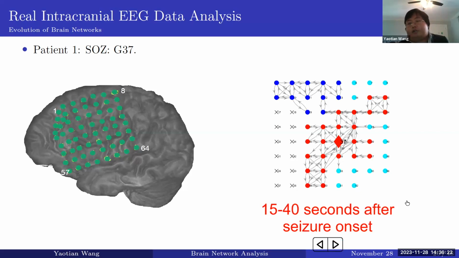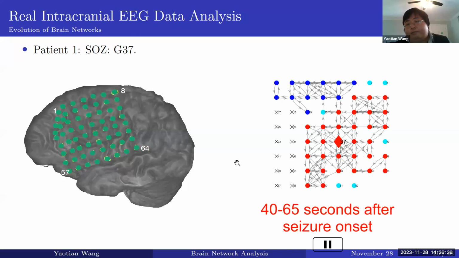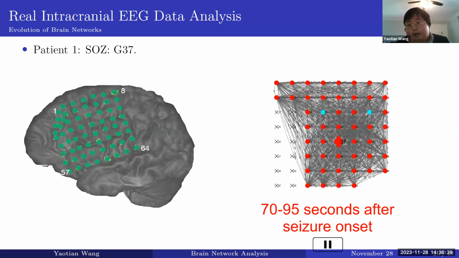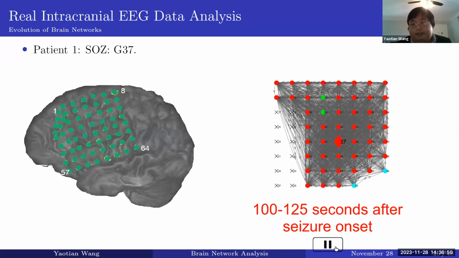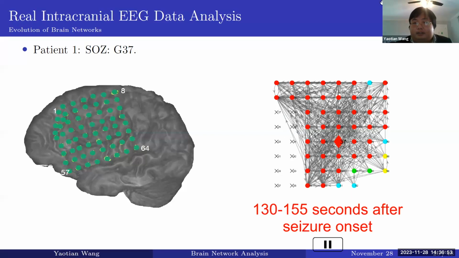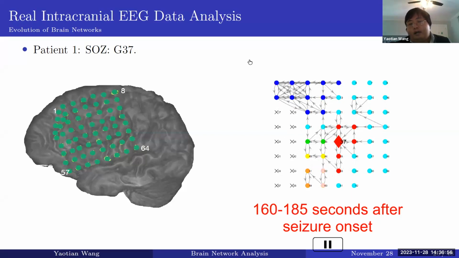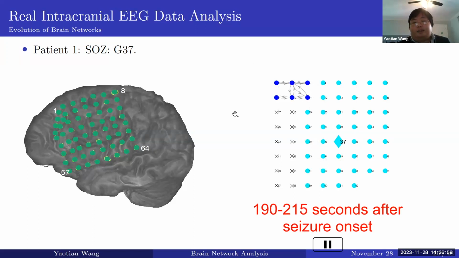However, once the seizure occurs, we can observe dramatic changes. The size of the seizure onset zone module increases, and the number of connections of the seizure onset zone module increases. As time passes, more and more regions fall into the seizure onset module, and eventually all regions fall into the seizure onset module. This indicates that the seizure spread to the entire brain of this patient. Towards the end of the seizure, the brain networks return to a state even sparser than the brain network before the seizure onset.